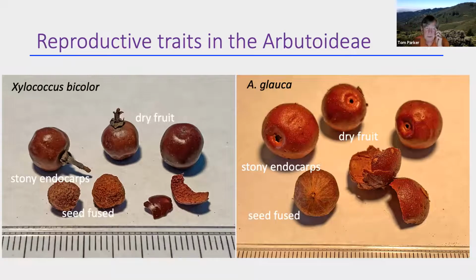If you go to some of the other genera, we've suddenly switched to dry fruit. So Xylococcus on the left-hand side there, very nice dry fruit, very stiff, dry mesocarp that's really difficult to remove from the endocarps. But notice they're also stony and thick, and they all fuse together. And then on the right-hand side, the big berry manzanita, again, dry fruit, very stony endocarps, and the seeds are